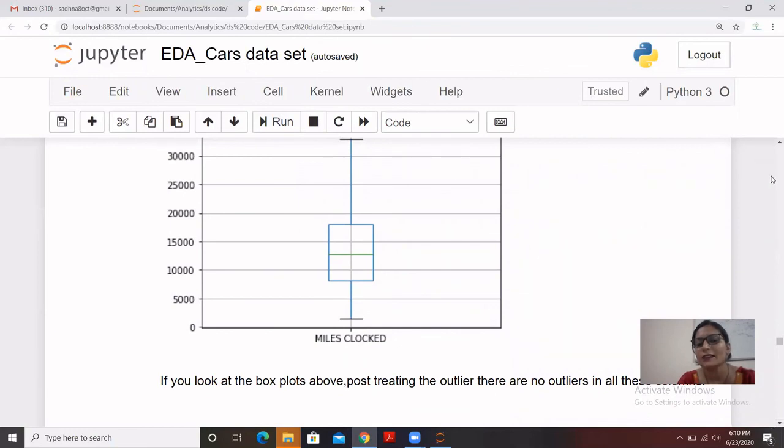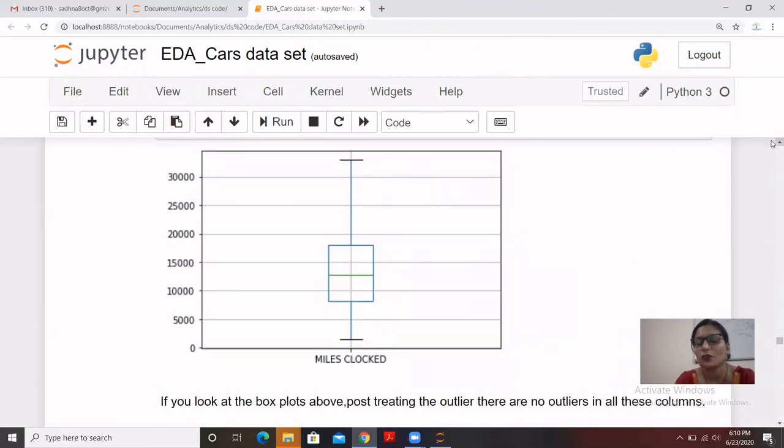So you understand now how to find outliers in data using a box plot, and you also understand how to interpret that. And then we found we have outliers in the data, so we treated those outliers. To treat those outliers, we created a user defined function, and I have used the interquartile range technique. So I have created two ranges, the upper and lower range.